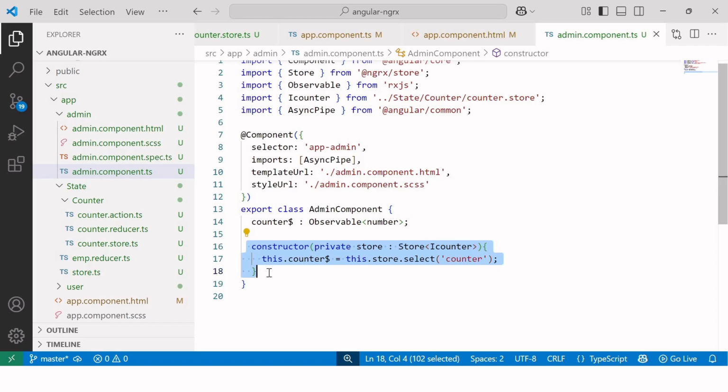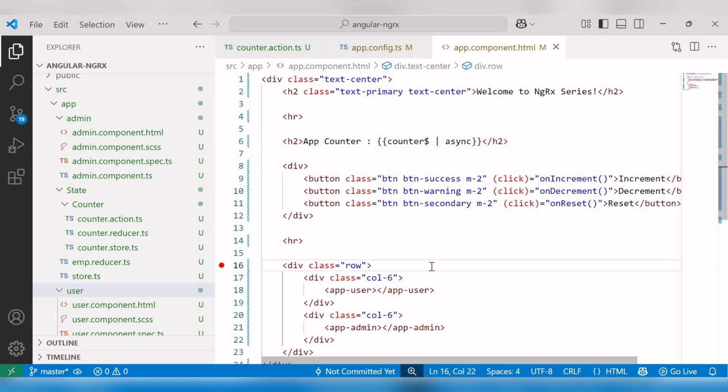So the benefit of using NgRx is the state is stored in a single place, making it easier to manage. Hope you understand this counter example with NgRx. Now let's explore props in NgRx, also known as payloads. And to demonstrate this, we will continue with our counter example, walking through the same steps to see how props